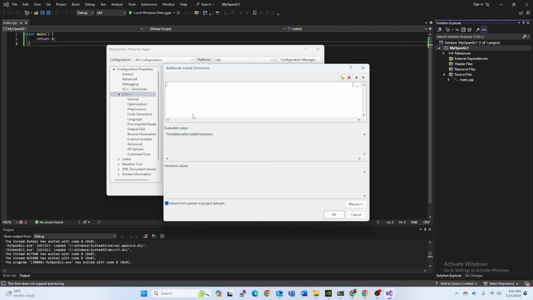So in order to do that, we put at $, parenthesis open, SolutionDir, which means solution directory, and then after solution directory I copy paste it, but you can put / or \, then here we just need to write the directory name. So here